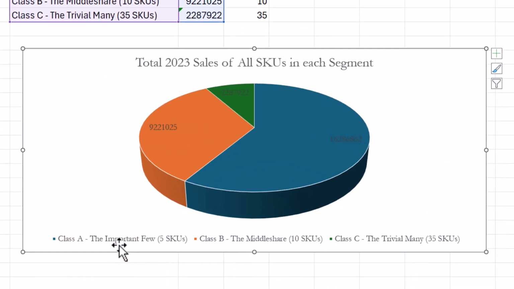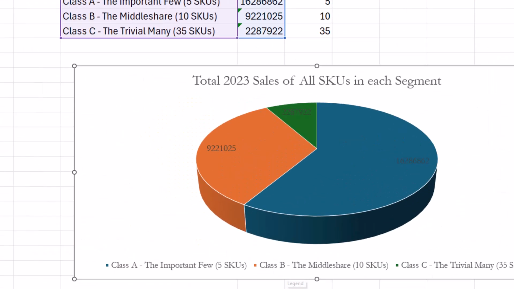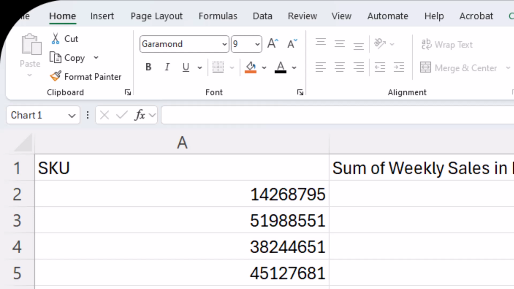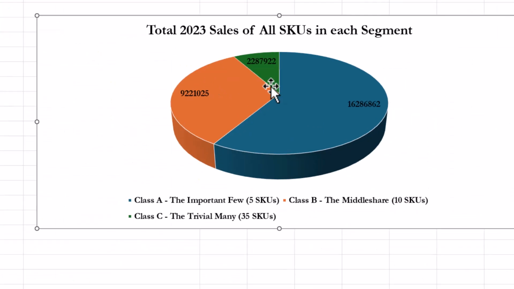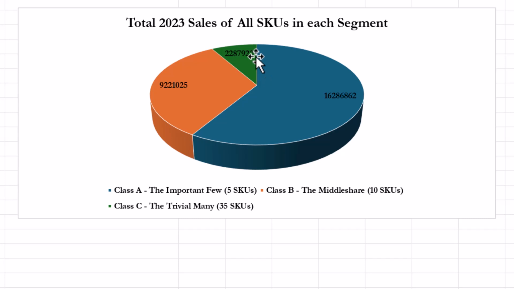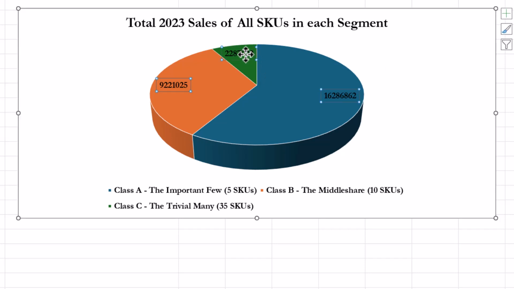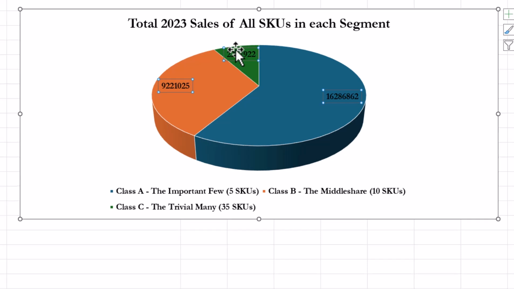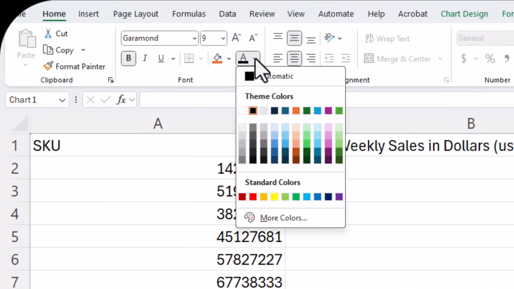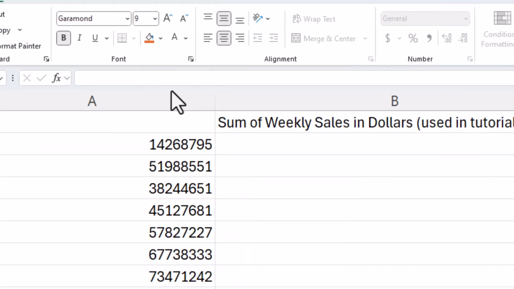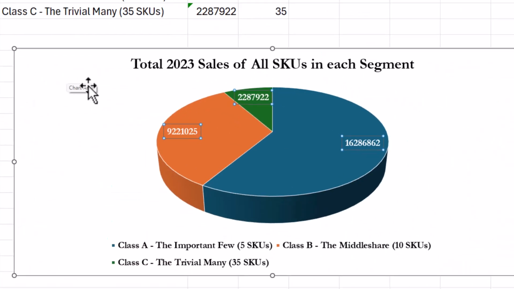I want the letters to really stand out, so instead of gray font, I'm going to choose black font, and I'm going to make it bold. And now I want the values in each pie chart slice to be white so they stand out better. So I'm going to make those white, and they're supposed to be in dollar amounts, and so I want it